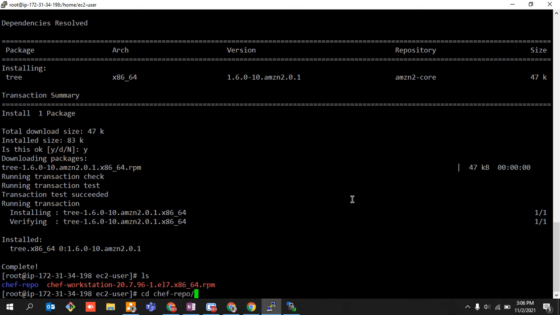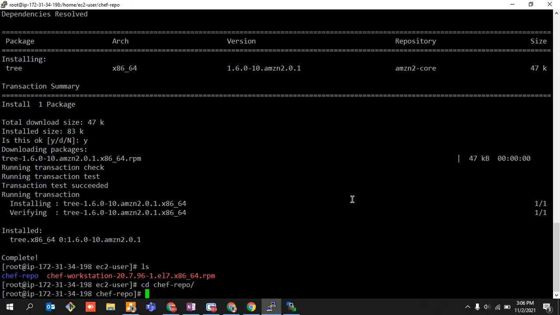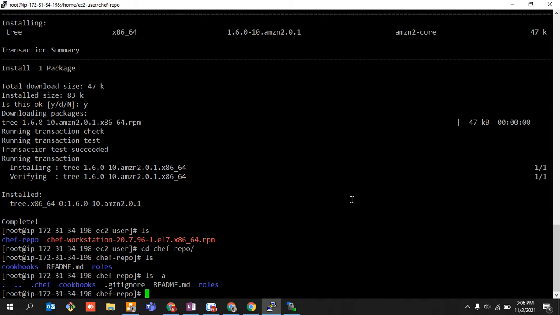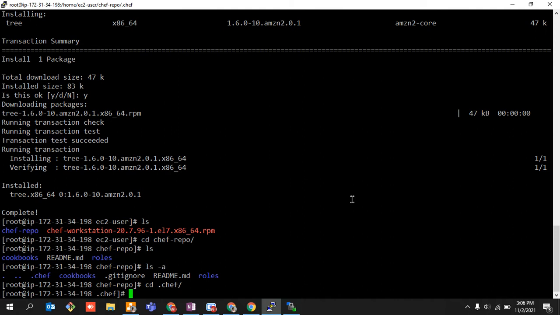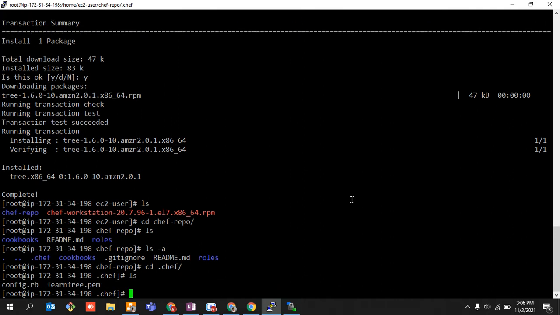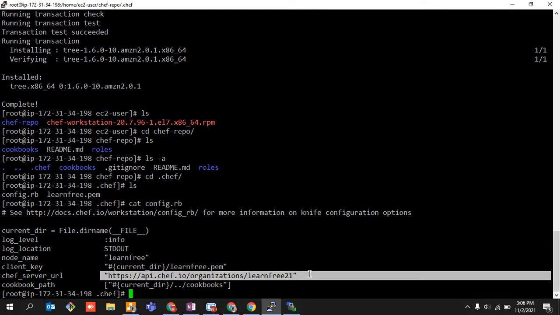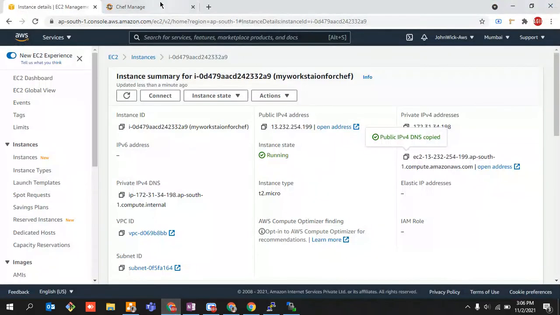So just go inside and you can check that chef, and then you can do ls. If you do ls -a, there is a .chef file. Just navigate into it and see. There should be a URL over here. So ls, you just need to open this configuration file, config.rb. So cat config.rb. You can see the chef server URL, which simply says in one way or the other that now I have made my connection to the chef server. So do you want to verify? Yes, we definitely want to verify it.